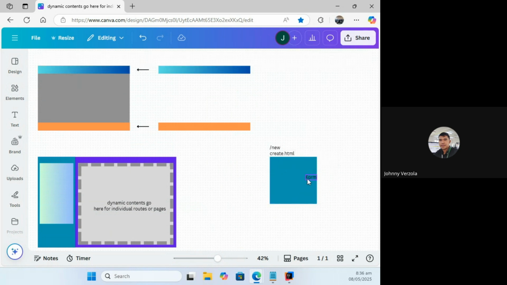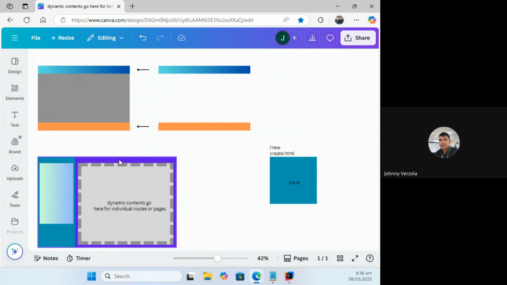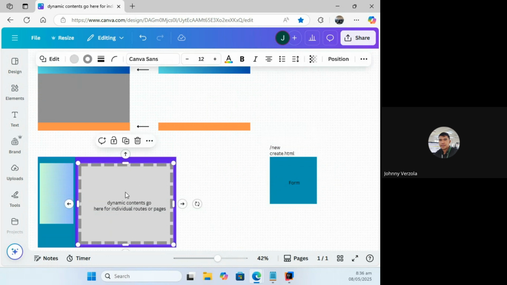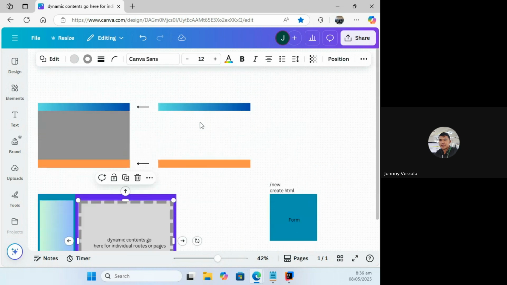Now, what we will do is, say this is the form. What we will do is, we're going to call the master layout and place this inside that. Okay? Instead of the first approach, which is we're going to build the whole component.